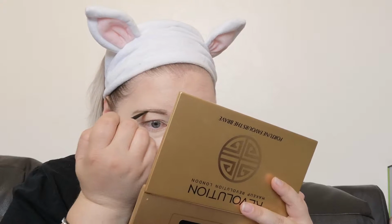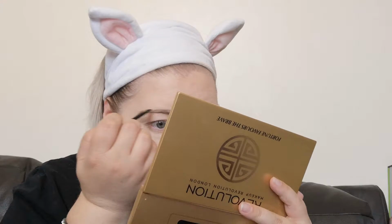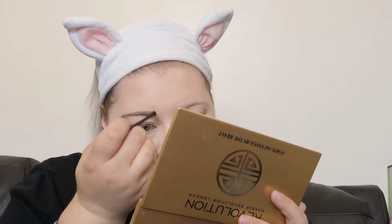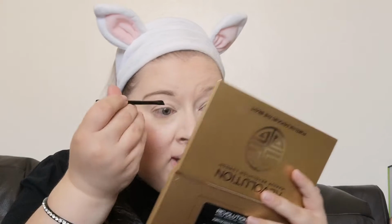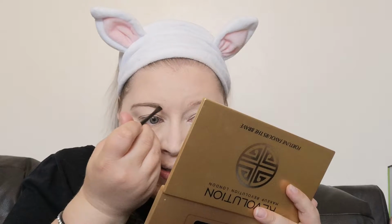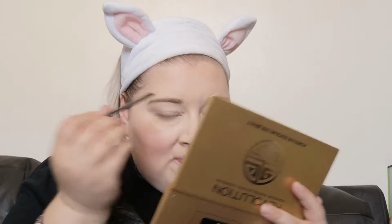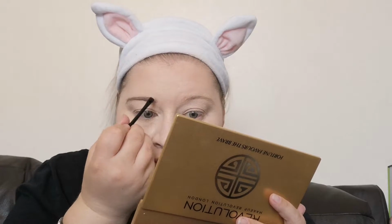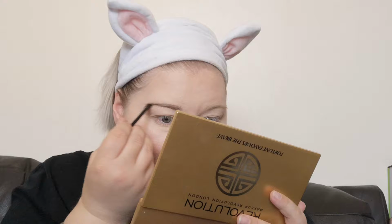I'm not sure about this brush. I will use my own brush next time, but I wanted to try the whole thing. I don't think I can get detailed there. It might be that it's picked up a bit of makeup, maybe. I don't know. I'm not sure about it for here. I think I'd just stick with my pencil for this bit. But, I mean, it's